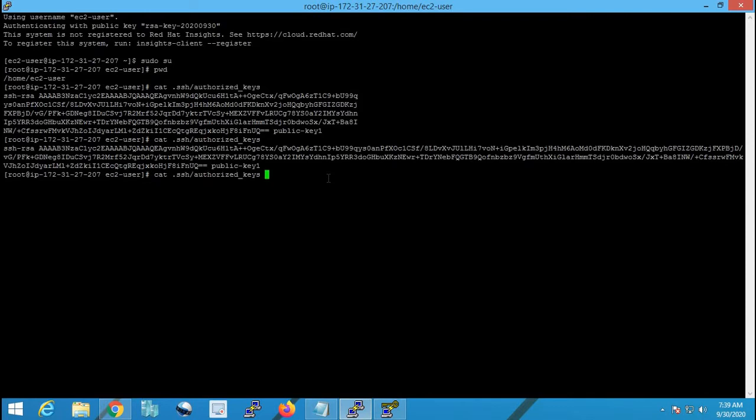So now, if you don't have this folder or file, you can manually create it by using the mkdir command, make directory .ssh, because this is for the EC2 user. If I want to do the same thing for another user, then that user will not have .ssh and authorized keys. So you can manually create a directory called .ssh, then cd .ssh, then